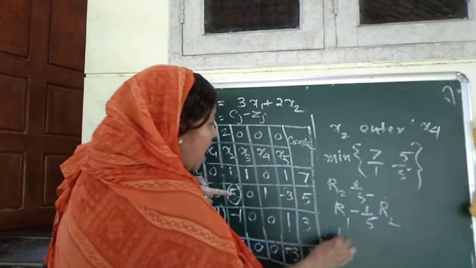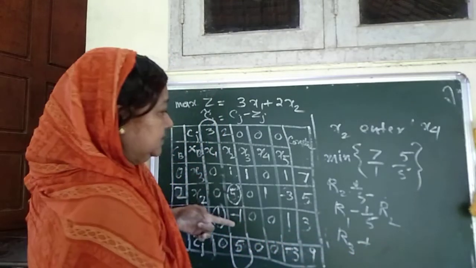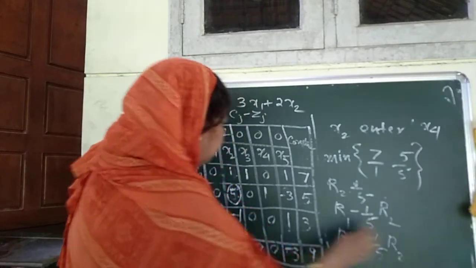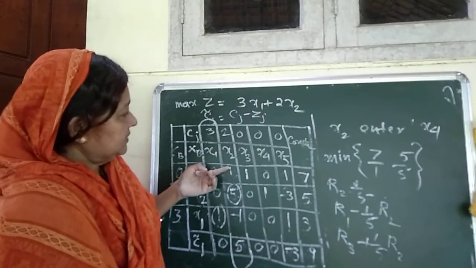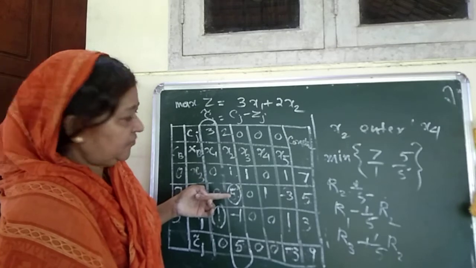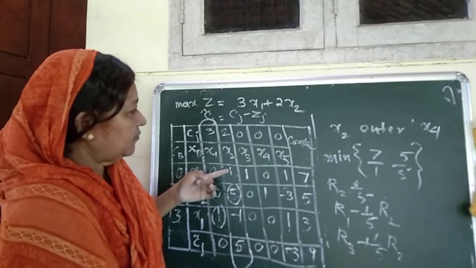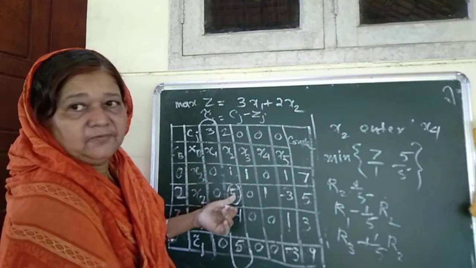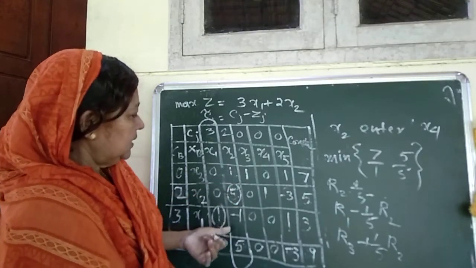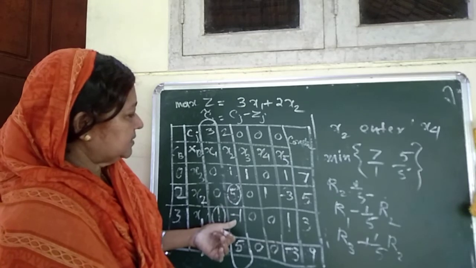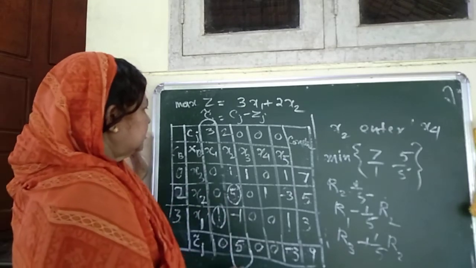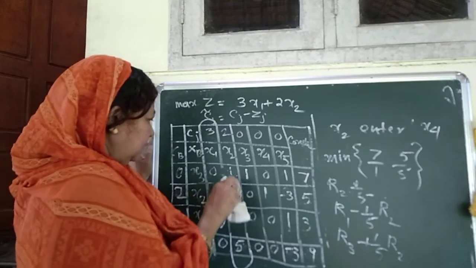Then R3 plus 1 by 5 into R2. Yes. When we subtract 1 by means of this 5, that is R1 minus 1 by 5 into R2. R1 minus 1 by 5 into R2 gives here 0. And also here R3 plus 1 by 5 into R2 gives here 0. So this vector becomes